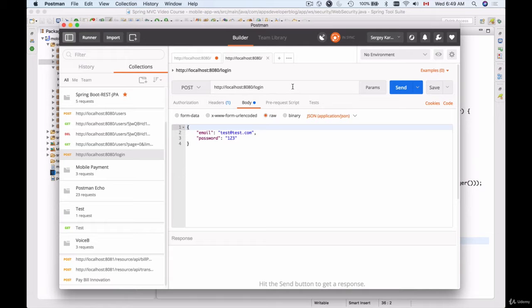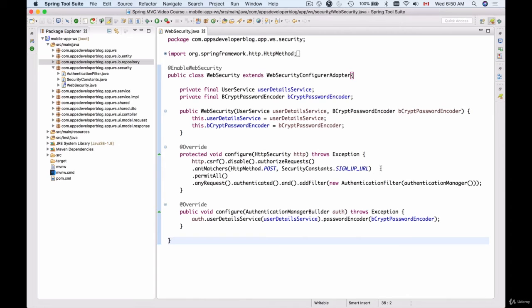In this video, we're going to customize the login URL, or the path which triggers user authentication, because if we do not customize, by default, Spring Framework will use /login, and it's fine. You don't really need to customize it if you're fine with this URL, but if you need to, there's a way to do it. So I will go back to my web security, to the configure function